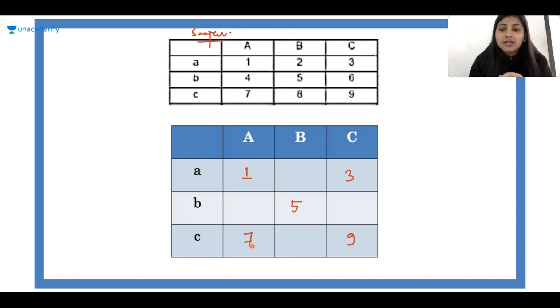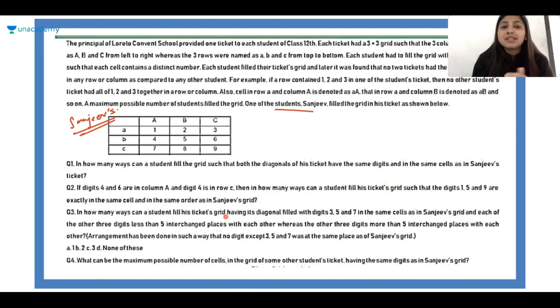ओके, दैट गुरु उस लाइन का मतलब है कि जितने भी पॉसिबल कॉम्बिनेशंस बन पाएंगे उतने बनाने हैं, मैक्सिमम पॉसिबल कॉम्बिनेशंस. ठीक है, क्योंकि जो लिमिटेशन हमें दी गई है कि सेम रो या कॉलम में सेम 3 डिजिट्स नहीं हो सकते. विद दैट लिमिटेशन द मैक्सिमम पॉसिबल नंबर ऑफ स्टूडेंट्स जो फिल कर पाए, यू हैव टू टेक दैट.